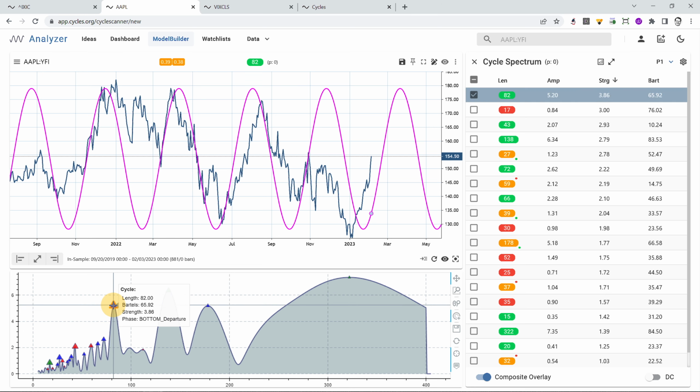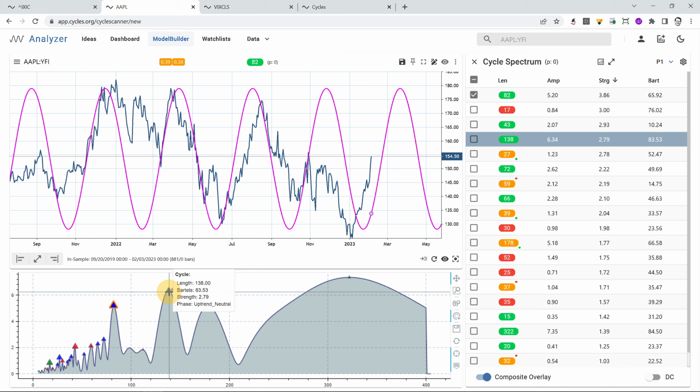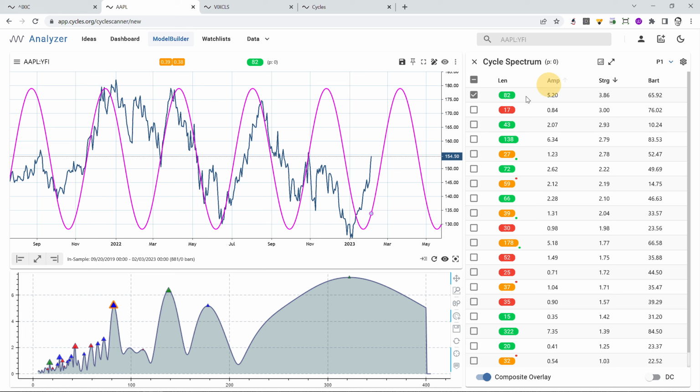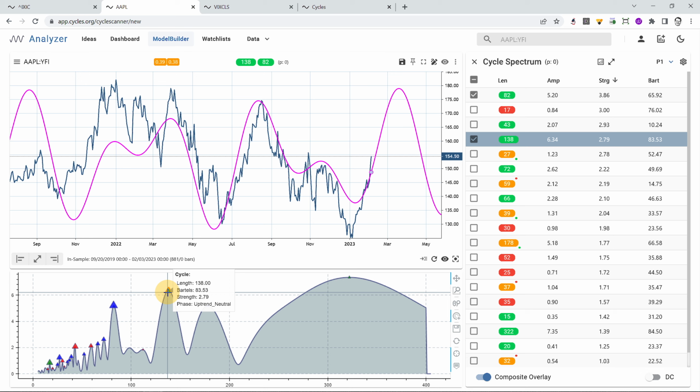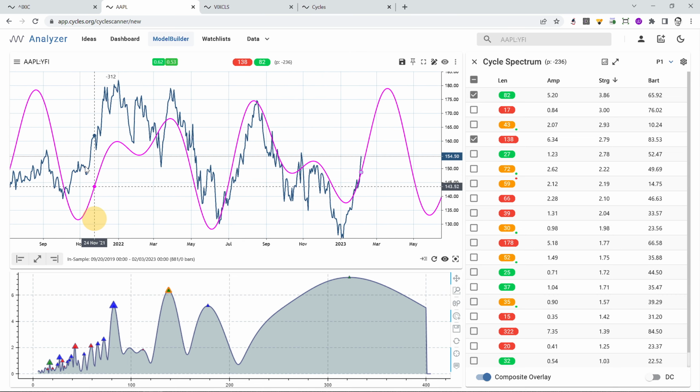And I call this the dominant cycle. And you see another clear peak here, which can be located at the cycle length of 138 days. Again, the Bartels score is very good, green triangle. The strength score is in the upper section of the list here. So let's put, if we want to use a composite, on top of that. So this is now a composite cycle just purely on the two dominant cycles, which tracks it even more nicely. And by the way, why I think this composite is valid,